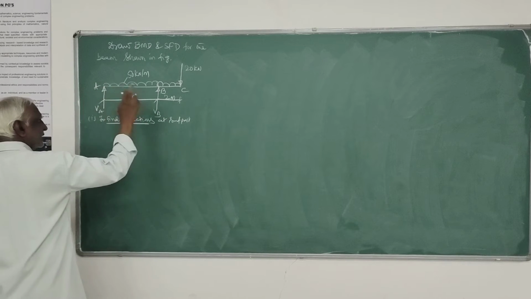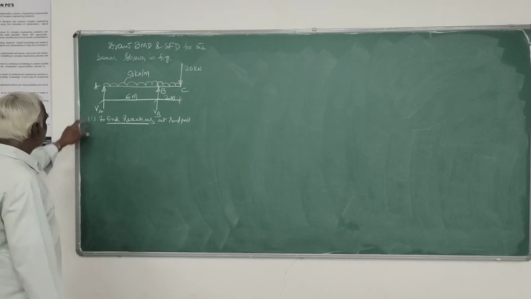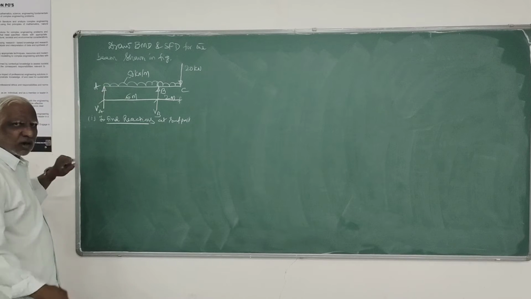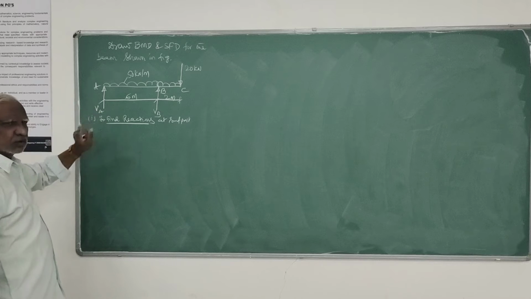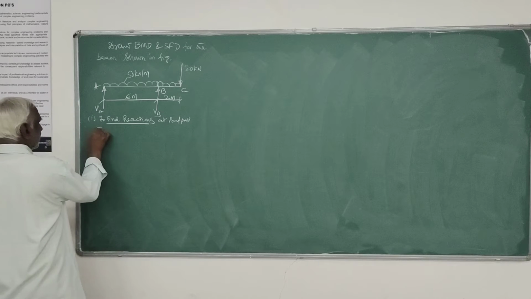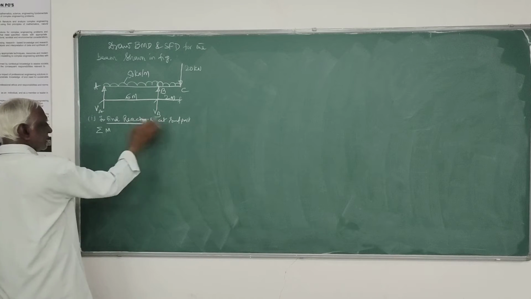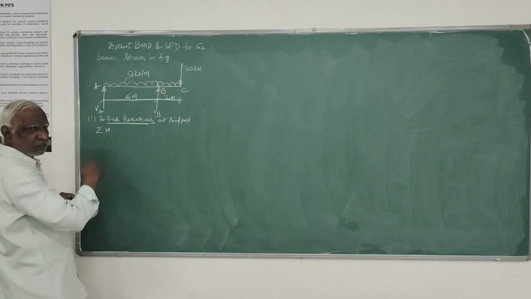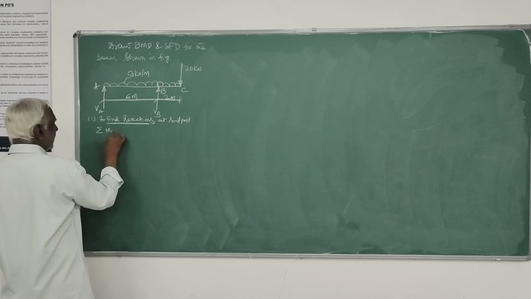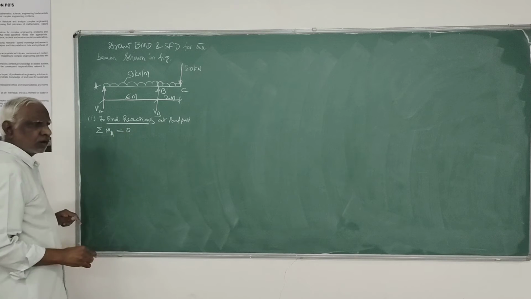That is, this is hinge, this is roller we can take. Here H is 0 automatically. You can check the problem like this itself. If I take moment, the horizontal equation equals 0, that I don't take now because straight away the prop is given. I will take only sigma MA equals 0.